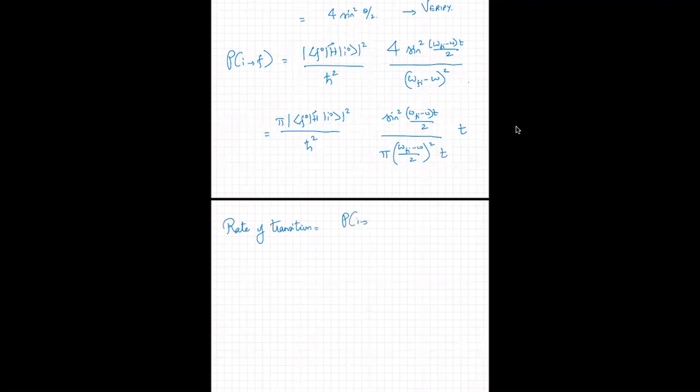The rate of transition equals probability divided by time, and this rate of transition is now given by pi mod square of this matrix element divided by h bar square times sine square, divided by,